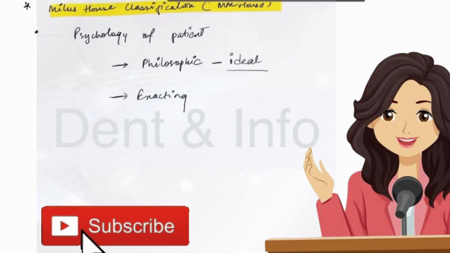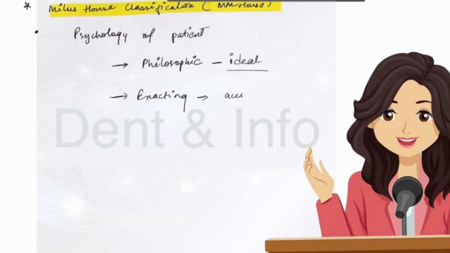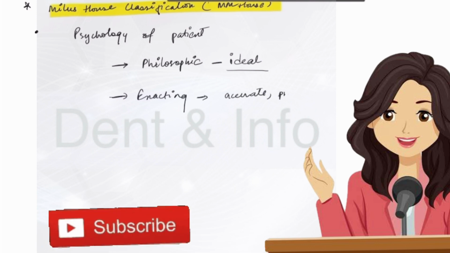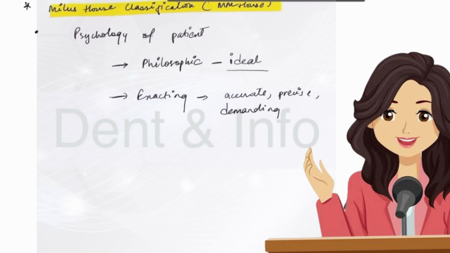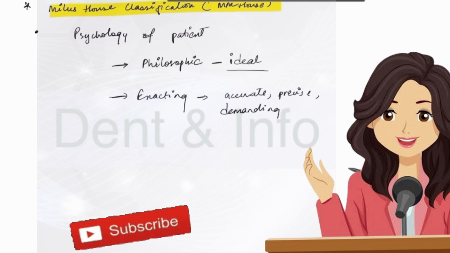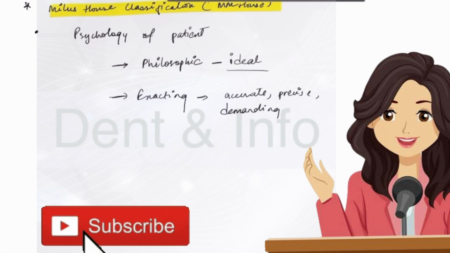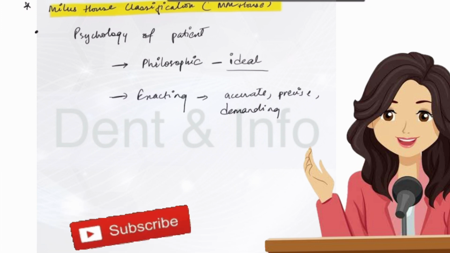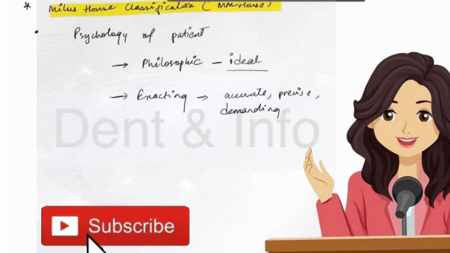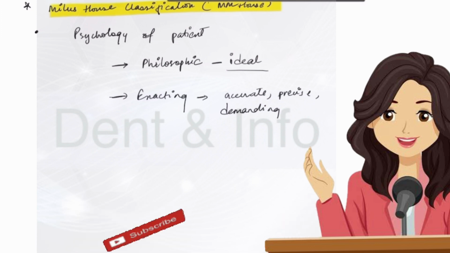Exacting. Exacting is a very accurate, precise, or I would say a very demanding patient. A patient who wants very specific things from you, or who will question everything that you do. Why is it that you are doing this? What is the reason behind it? Why is it done only in this way? Why can't you do it in this particular manner? So somebody who is very methodical, very precise, very accurate, who questions everything that you do,